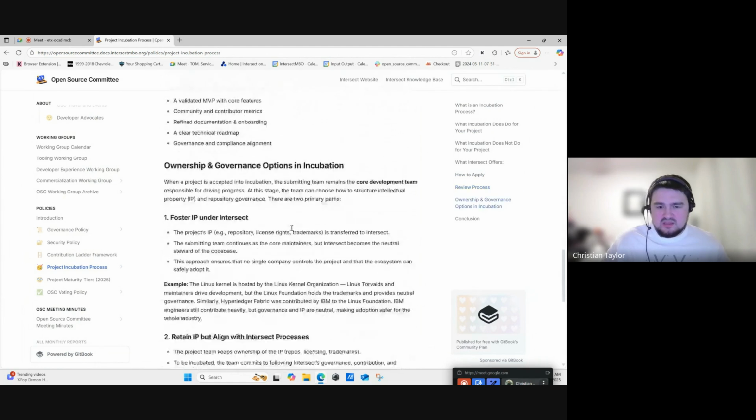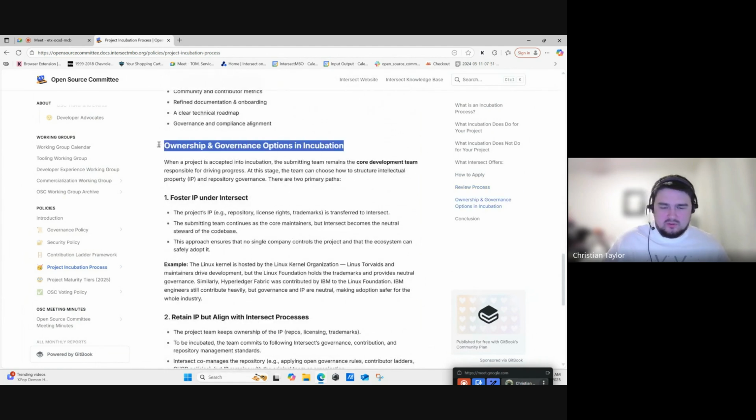And this is where we come into the ownership and governance. So if you've been accepted, there's two primary pathways. Something to clarify is when you submit your project to the incubation process under Intersect, you and your team still become the primary team. And anyone who interacts, you basically have autonomy on your project. All we're doing is adhering standards to that and helping you grow that project and sustain it and make sure there's a maturity life cycle.